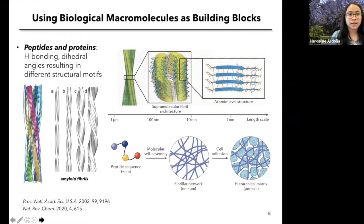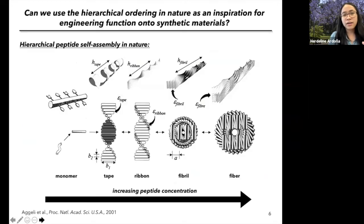So hydrogen bonding can control the dihedral angles, resulting in different structural motifs, from the fibrils to the fibers that they can form, and eventually allowing us to control for biointerfacing, how they interact with cells and tissues. So, speaking of the hierarchical ordering, this has been a motivation and an inspiration for a lot of engineering design for synthetic materials. Can we actually utilize these hierarchically ordered structures found in nature in order to impart specific function into different types of synthetic materials, such as what we see in the self-assembly of peptides, for